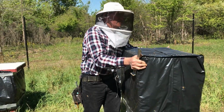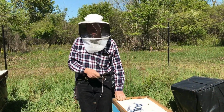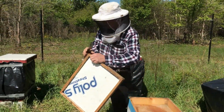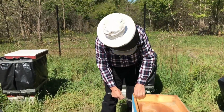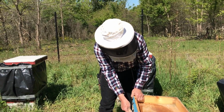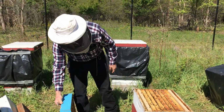So she will tank up on pollen, and she will either store it if she's going into winter, or during this time of the year, it will enter into her system and become something called vitellogenin, which goes into her hypopharyngeal glands in her head, which produces royal jelly. So she's a nurse bee first for about 10 days to 2 weeks. And then as more and more bees hatch into the brood nest area, she'll sort of